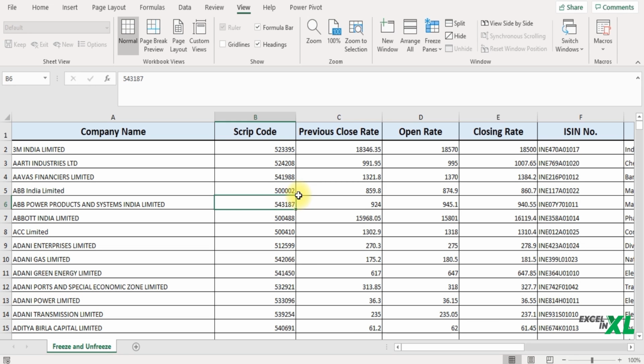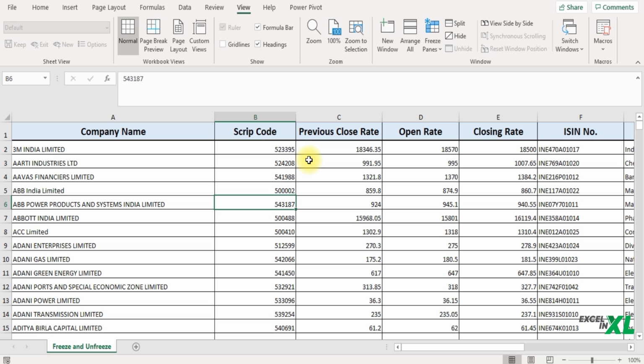To do that, select any cell in the row right below the last row you want to freeze. So if I want to see the first 5 rows, I need to select the next immediate row, and that would indicate that the row above this cell would get frozen.